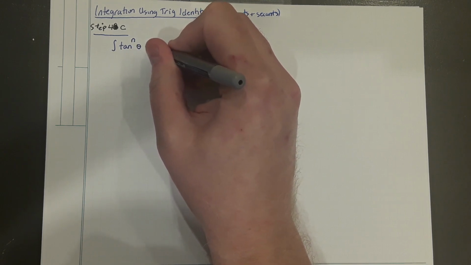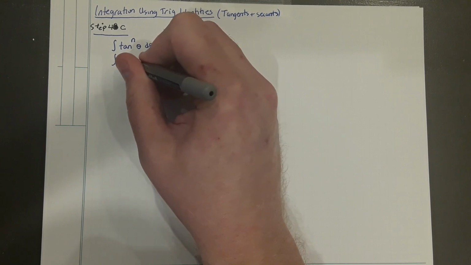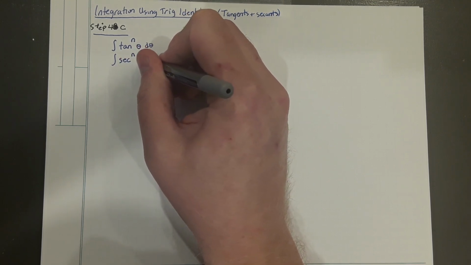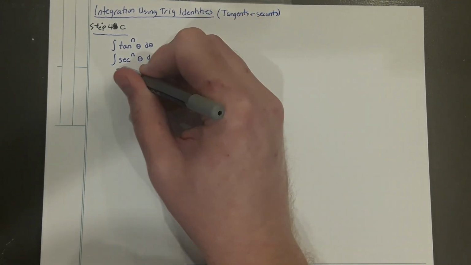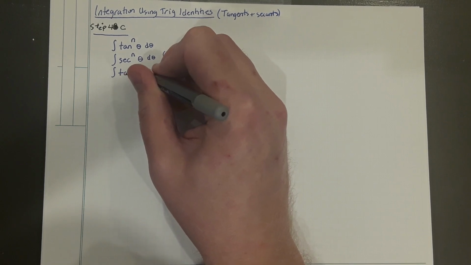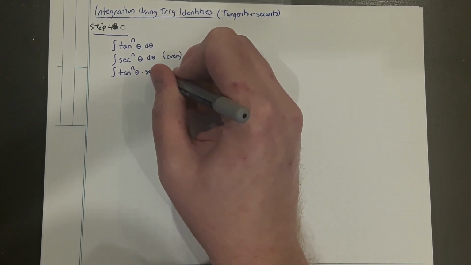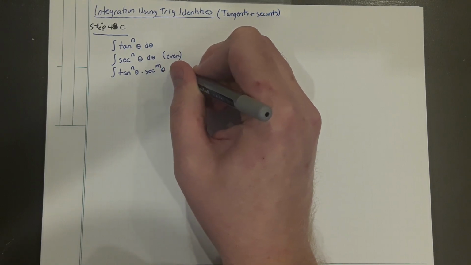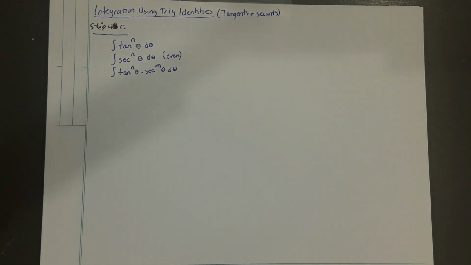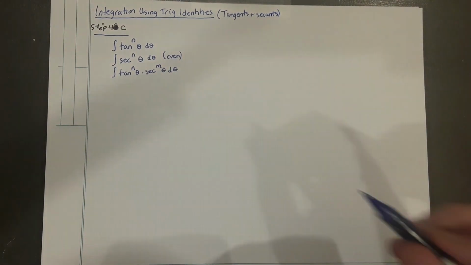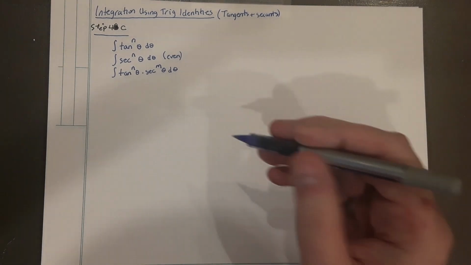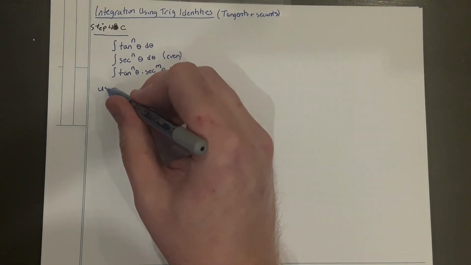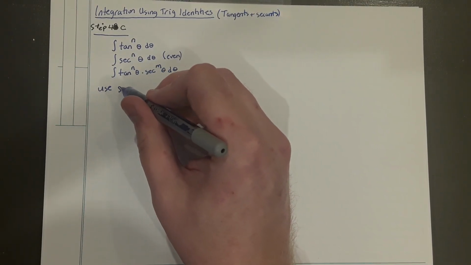tangent or any power of secant that is even, or any products of tangent with secant. Now, typically what you do in a situation like this is as long as these functions are in non-standard form, meaning you don't have secant power 2, you don't have tangent power 1, that you can use the Pythagoras theorem identity